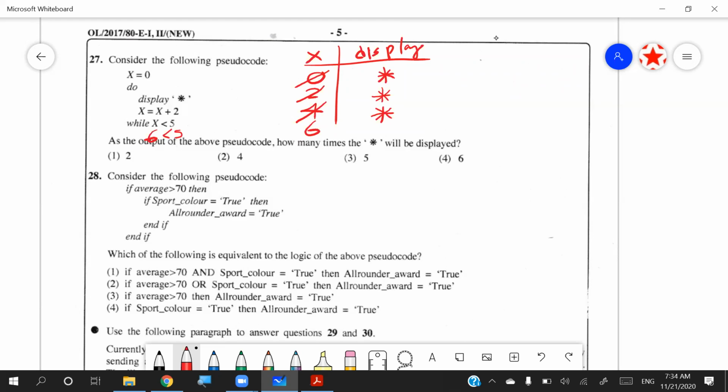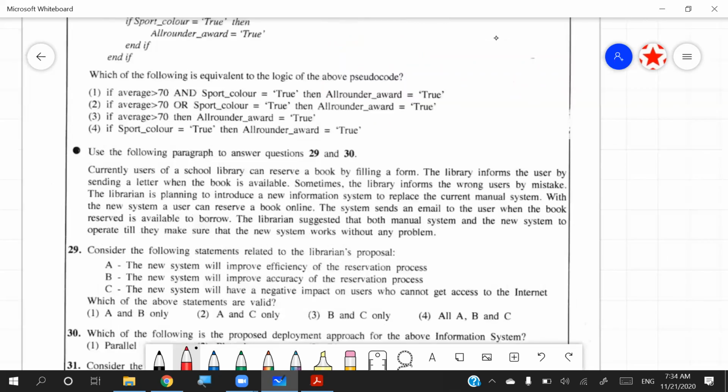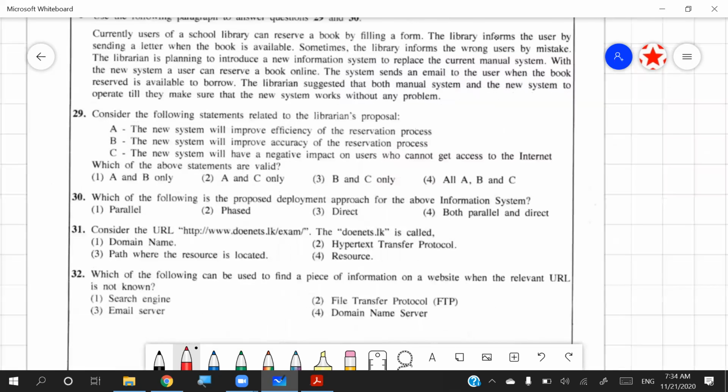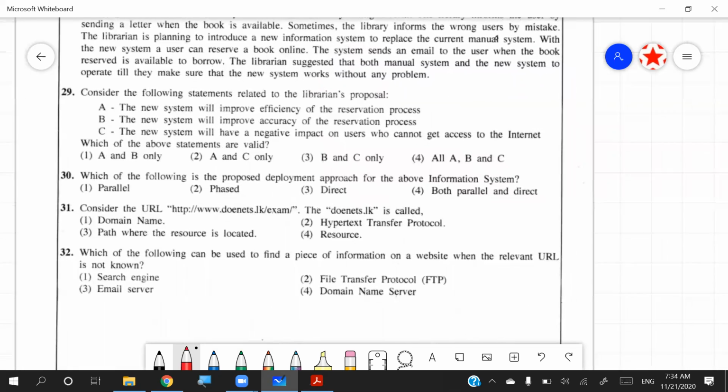All right. So moving to the 30th question. Which of the following is the proposed deployment approach for the information system? Now, when we talk about deployment systems, there are 4 things. What are the deployment systems? There are